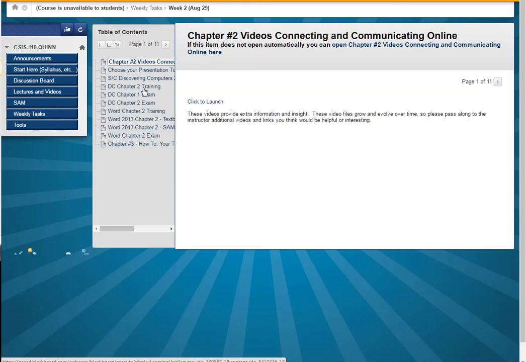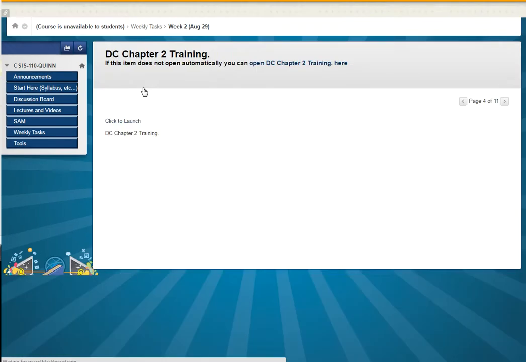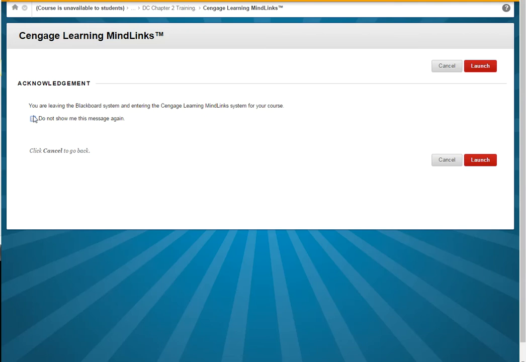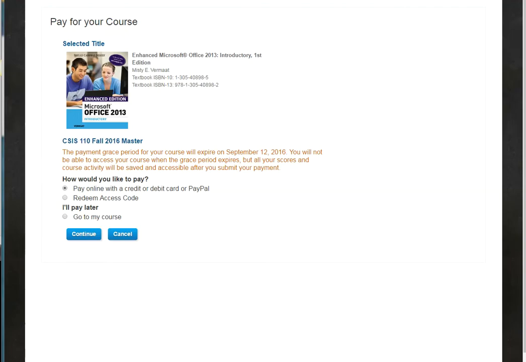So the first one I'm going to access would be the training right here. And it says click to launch, so that's pretty self-explanatory. We'll go ahead and click to launch that. If you are prompted with this screen that you're leaving the Blackboard system, you can just click launch. The next screen that comes up is the payment screen, and this screen will come up until